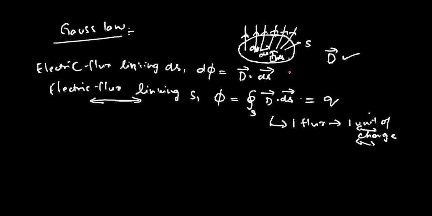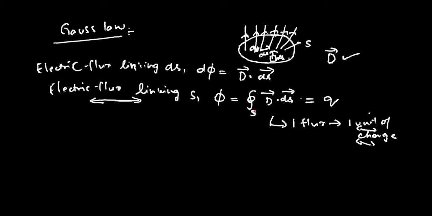Or he may give you some figure like this, and then he may ask you to find out what is the total charge present in this surface. So you have to count the number of lines of flux and then give the answer Q as the number of lines of flux in terms of units. So far there is no question in this concept, but you can expect such type of simple 1 mark question